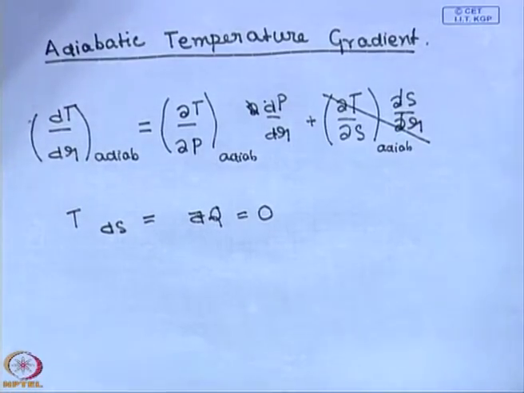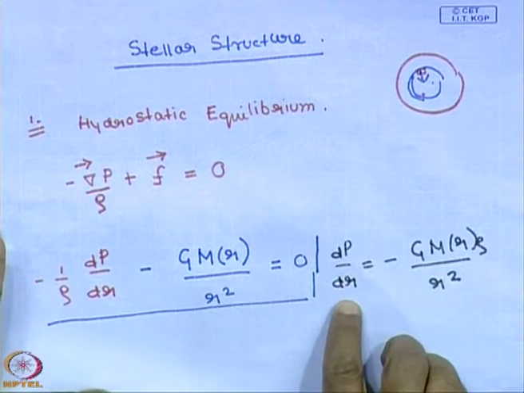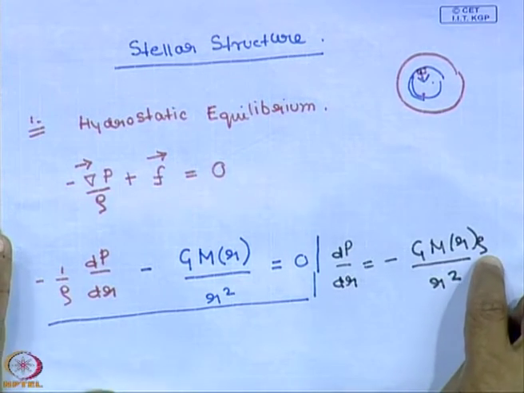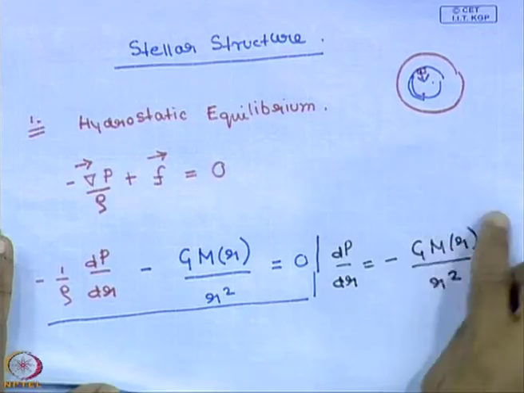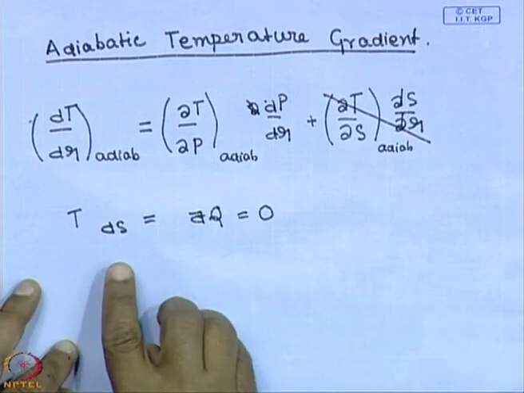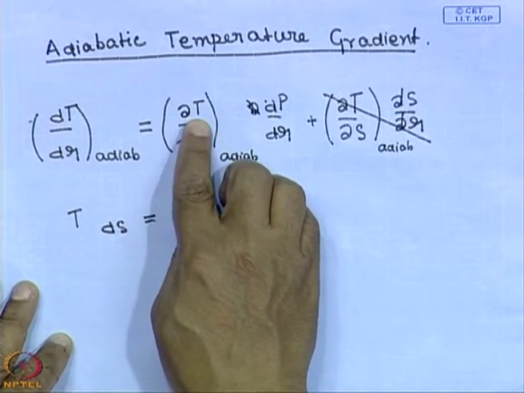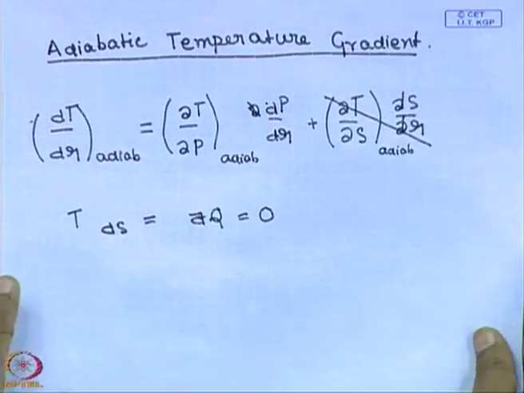Let me show you that equation, that was the hydrostatic equilibrium. This is the pressure gradient, dP/dr is the gravitational acceleration of the matter inside into the density. So, we can use this to calculate the pressure gradient. Let us now calculate the rate of change of temperature with respect to the pressure for an adiabatic transformation. We have already done this for a gas of photons. Let me now do it for a perfect gas of atoms.